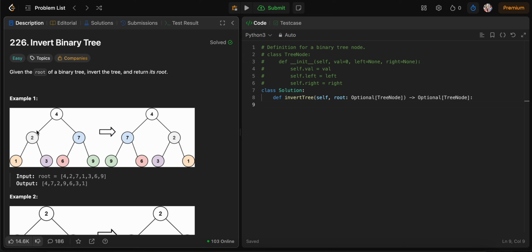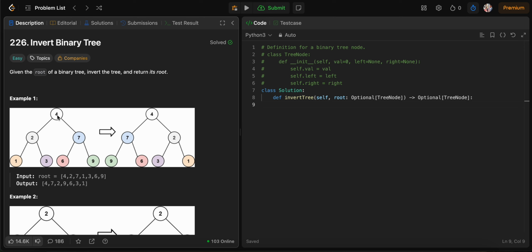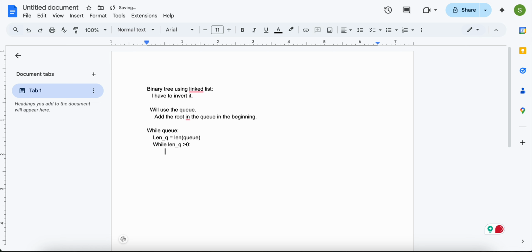I'll store the variable into the queue, basically one. So let me create a list array. Now what I'll do here, I will store list array dot add or append, whatever, list array dot push. What I'm going to push here, I'm going to push the